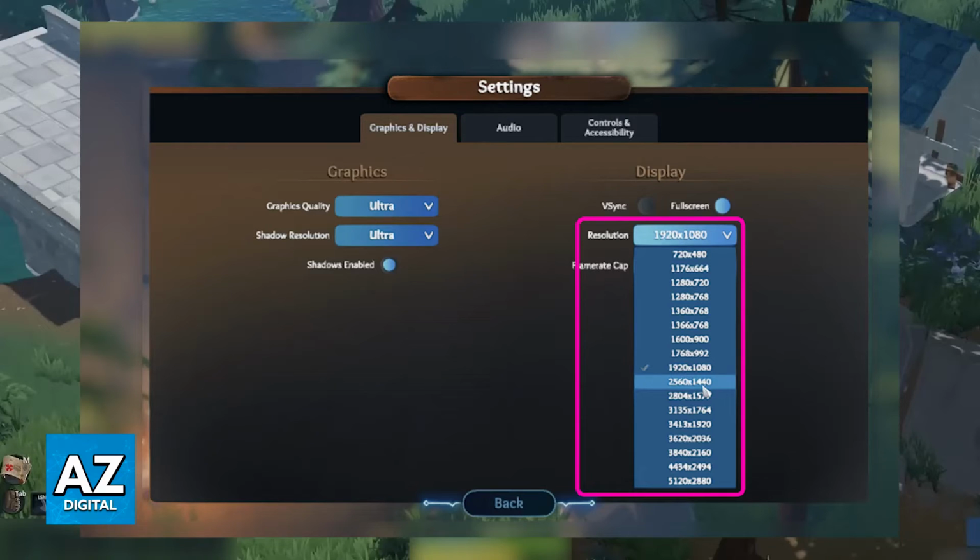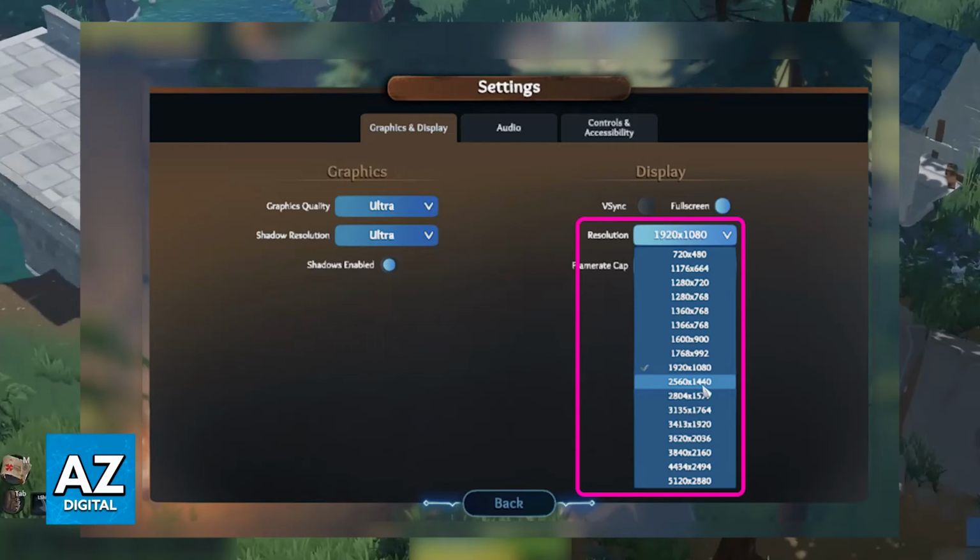Now, if you are having trouble changing the resolution inside of the game itself, there are some other things that you can do, such as going over to the AMD Control Center or the NVIDIA Control Center and changing the resolution or the display settings specifically for Lens Island from there. But these methods should not be necessary. As long as you properly choose the resolution inside of the game, when you pause and go over to the settings or from the main menu, you will be good to go to change the resolution and the graphics for Lens Island.